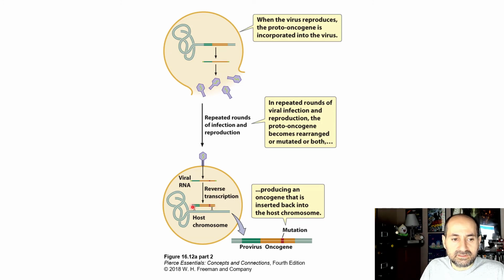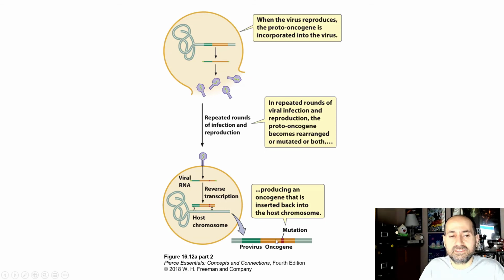And when the viral genome and the proto-oncogene recombine into your host genome again, this produces an oncogene that is inserted back into the host chromosome, and that causes cancer. Because now,